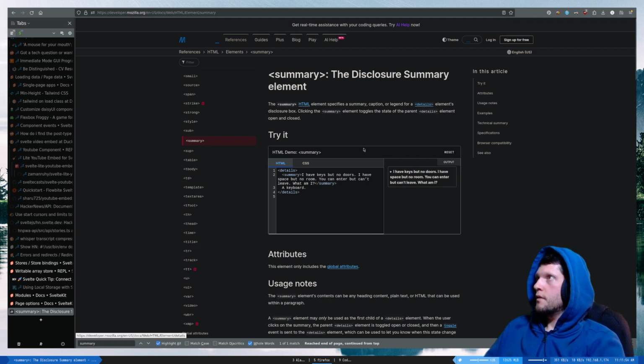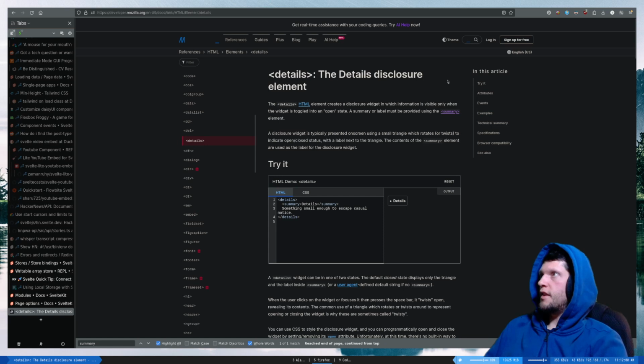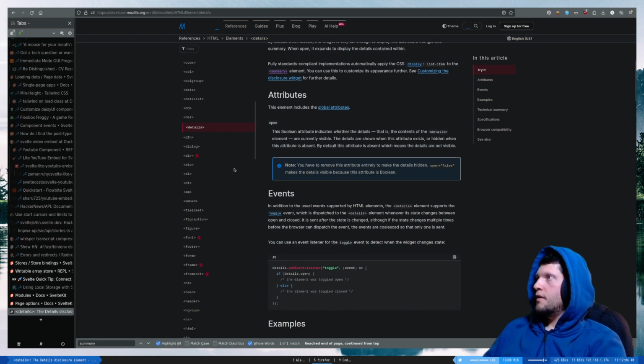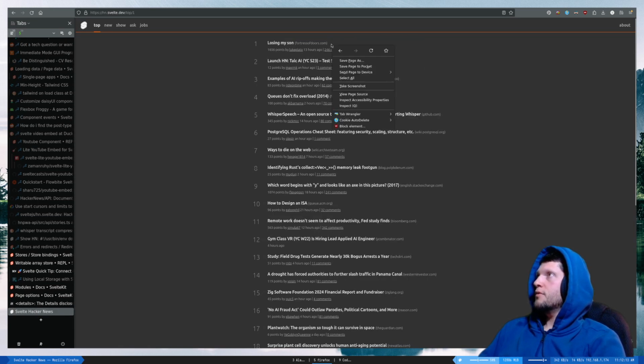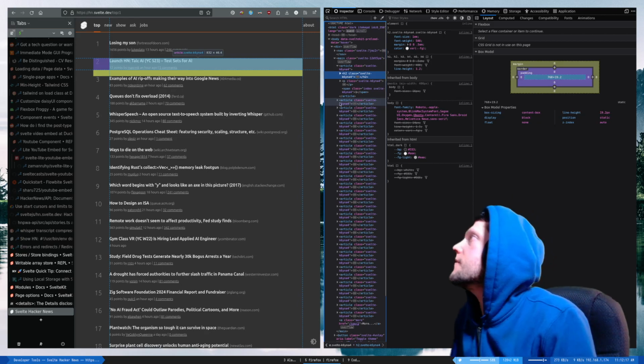Details. What are details? Okay. I don't know. I was looking at the actual Hacker News one. It uses some kind of stuff like this. So they have like article,